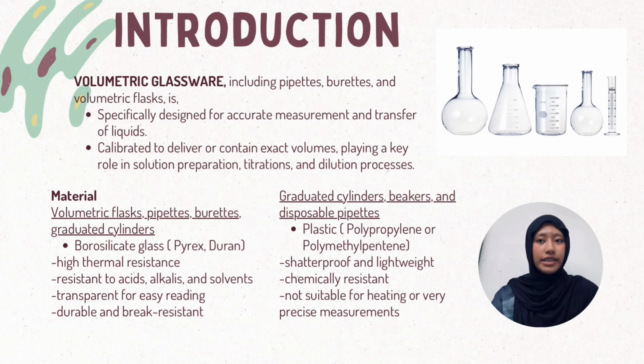The material for volumetric flasks, pipettes, burettes, and graduated cylinders: we use borosilicate glass such as Pyrex. The properties are that it has high thermal resistance, is resistant to acids, alkalis, and solvents, and is transparent for easy reading, also